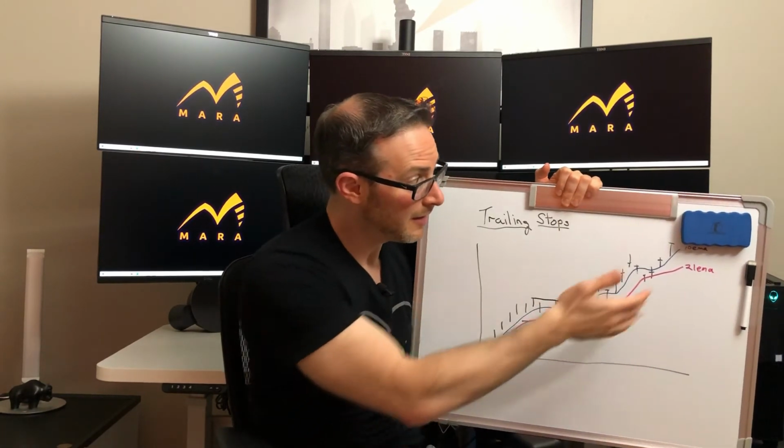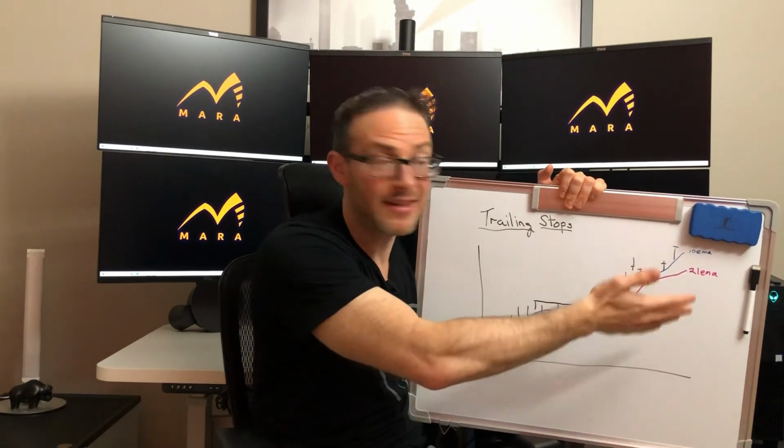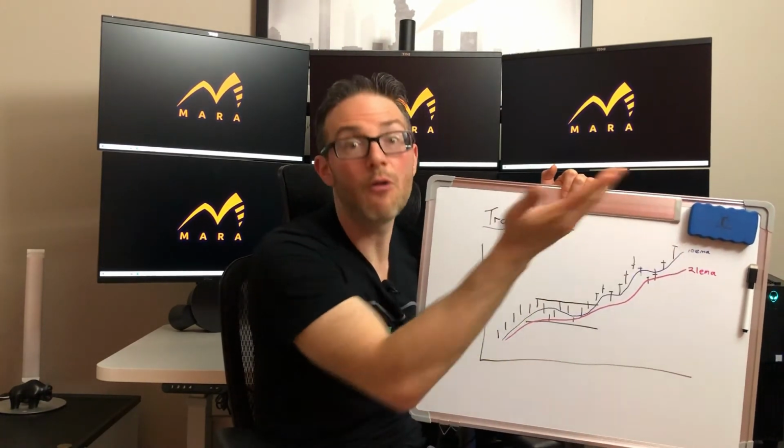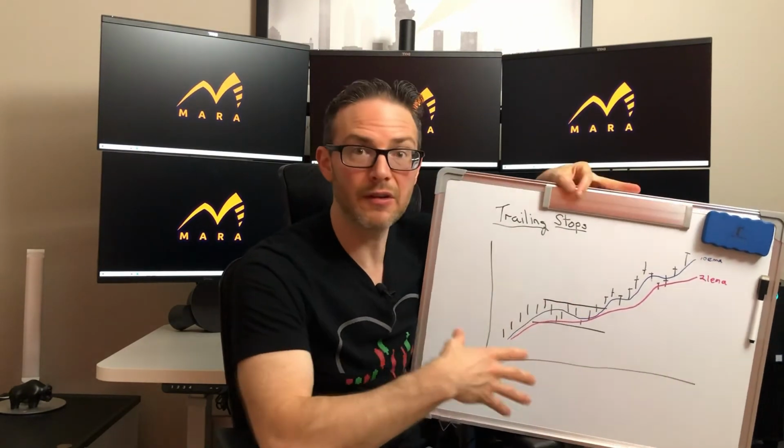Now, let's say it wasn't the 10 and the 21, let's say it was the 5 and the 10, then I would be using those on this particular trade. That's how it works. You want to pre-plan what it is that you're going to use and then adhere to that for the trade. And as you update your plans after the market is closed or on the weekend, then